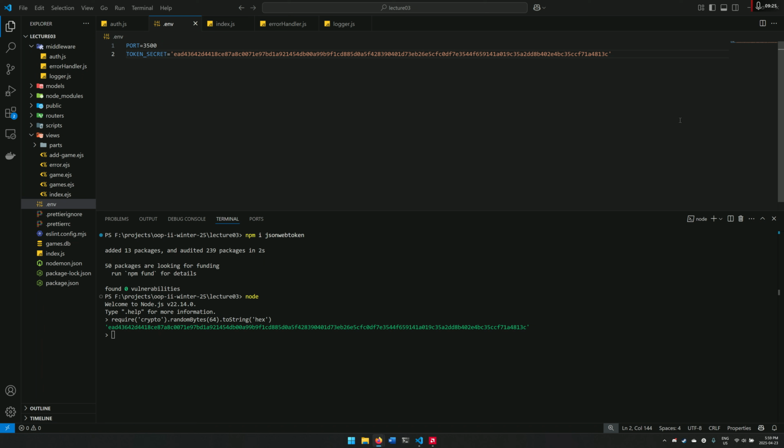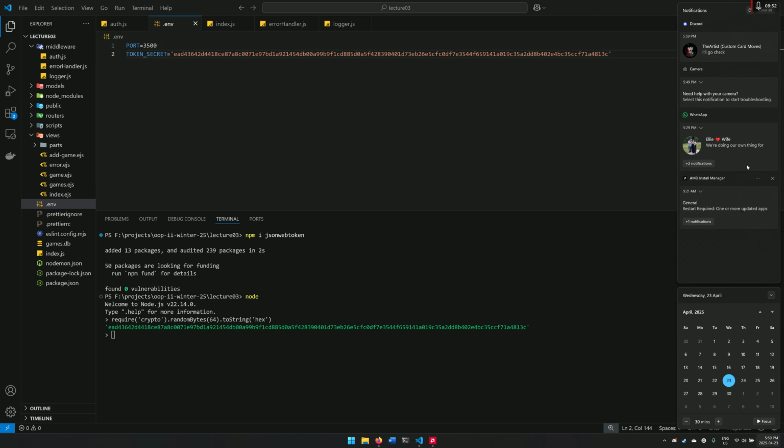Basically, I needed to generate a bunch of junk, literally just a bunch of random characters, and I need those to be secret, and I need them to be in hexadecimal format. So require crypto. Crypto is a library that is designed for cryptography. So one of the things it does is generate random data. It's very good at generating different random data. So in this case, I'm generating 64 random bytes, and then I'm converting that into